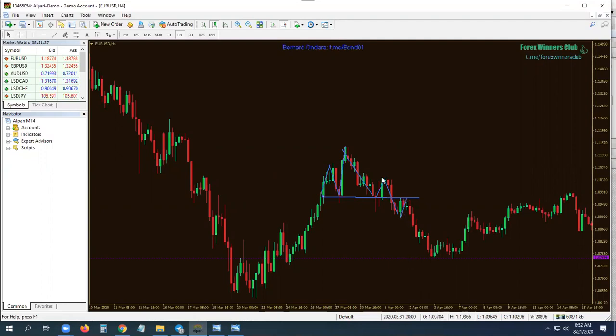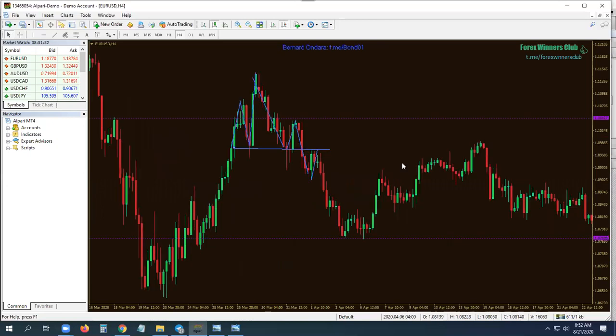Stop loss, here, above the shoulder. How big is your stop loss from the breakout? About half. 71, the other one was 170. It's actually a very good trade, because you have 70 pips stop loss, you have 170 pips take profit. That's more than 1 to 2 risk reward. Very good. So that's head and shoulders.